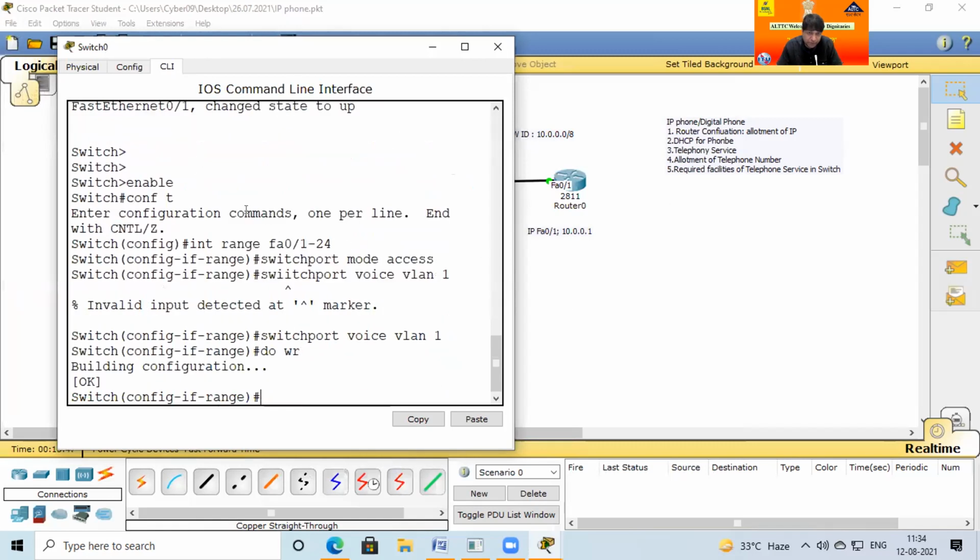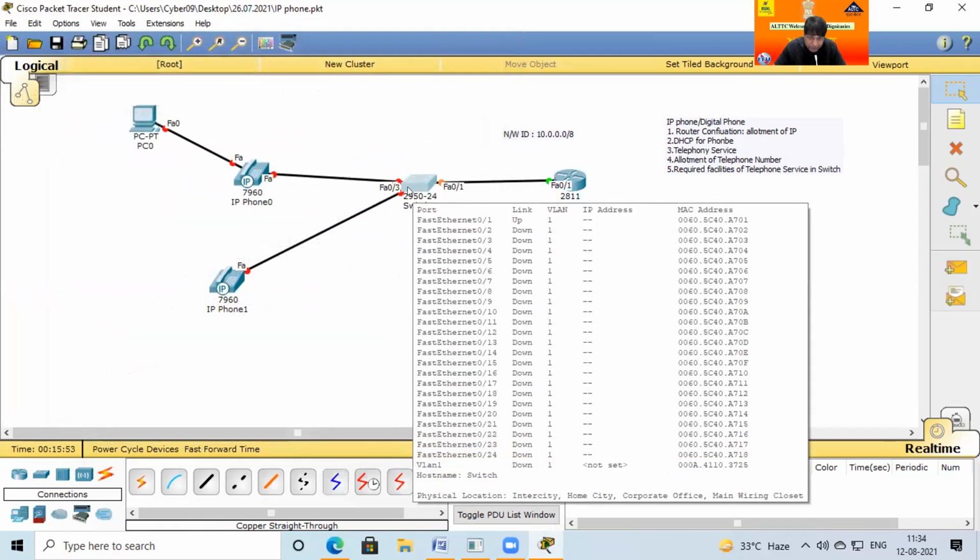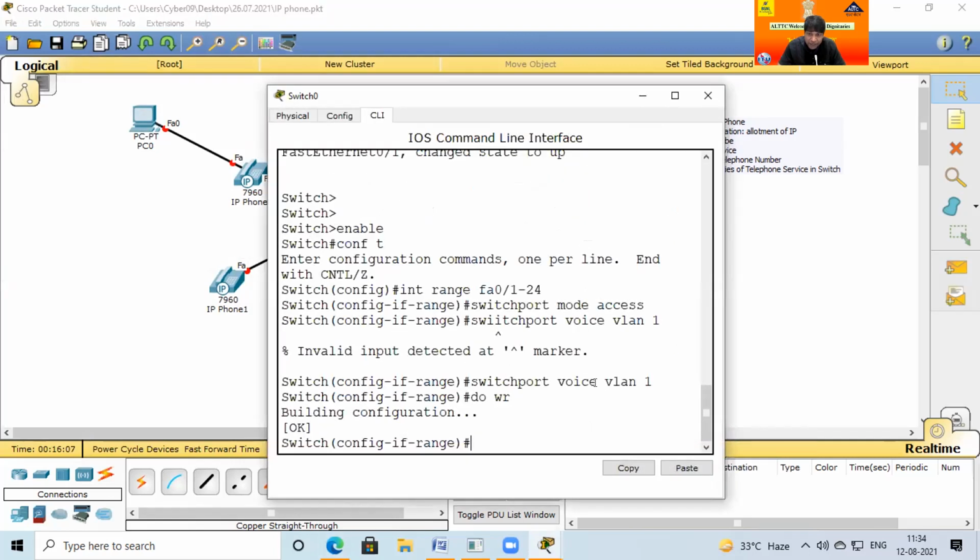Again, let me define the meaning of this line. In my switch we have 24 ports from 1 to 24, as you can see on the screen. By default in the switch there is no VLAN, but you can say all are in the same VLAN. This is VLAN 1. So here firing VLAN 1, all VLAN ports of the switch are now ready for the telephony service, voice communication. By default in the switch only internet service is available. For the telephony service we just give another instruction to the switch and it will work. So now all the configuration commands are done here.